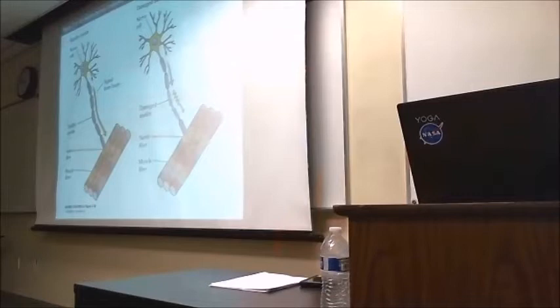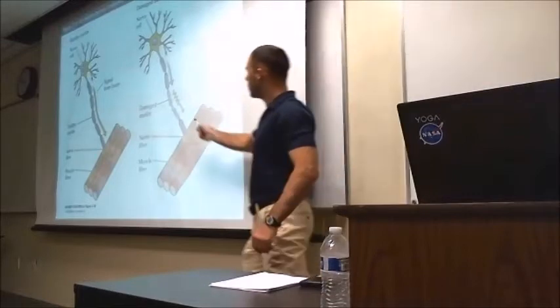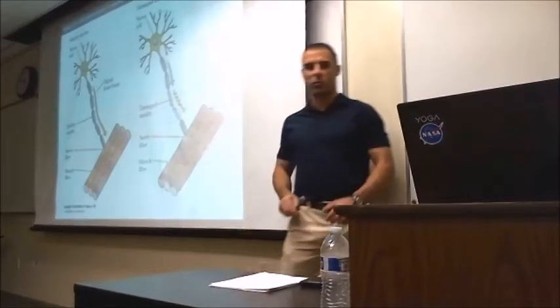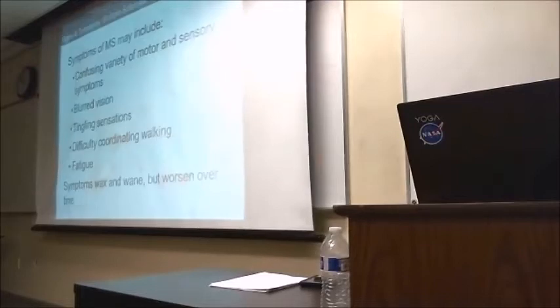This is showing the degradation of myelin here, and why you might imagine that muscle might no longer be able to move. Again, we talked about tingling sensations, all sorts of things that the neurons are responsible for. Seeing things is going to go bad, so you're going to have blurred vision. Motor and sensory things that neurons communicate information for, that's going to go bad too. You're going to get some confusion. Coordinating walking, that's part of that motor coordination.